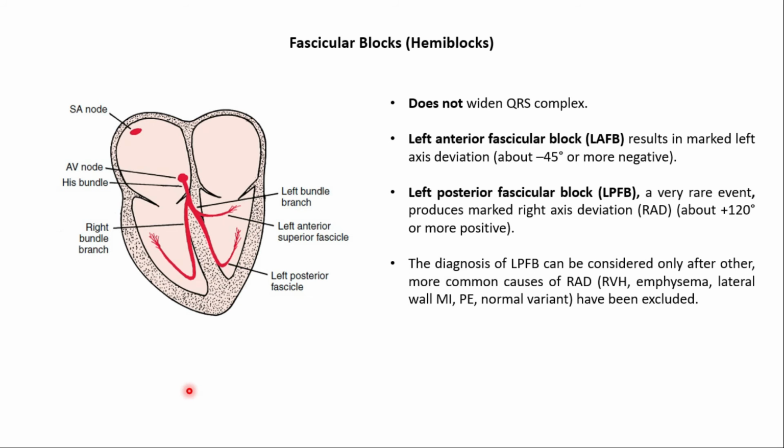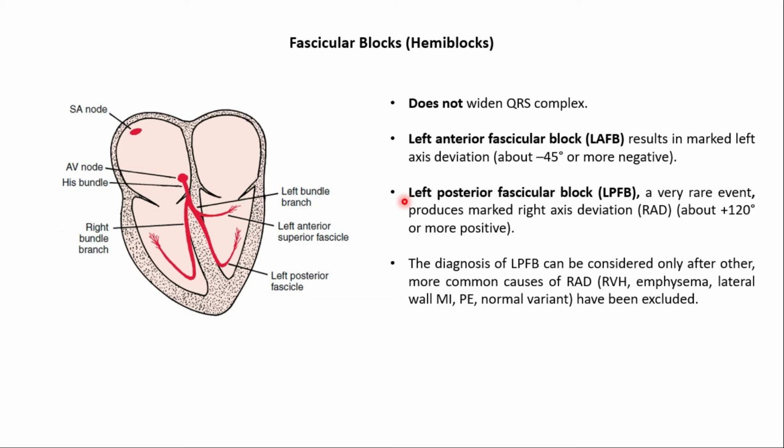Okay. Then we come down to fascicular blocks. As we know, left bundle branch divides into anterior fascicle and posterior fascicle. The fascicular blocks do not widen the QRS complex. The bundle branch blocks widen the QRS complex. The left anterior fascicular block is associated with marked left axis deviation, while left posterior fascicular block is associated with